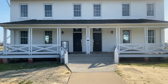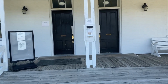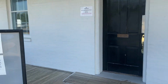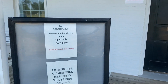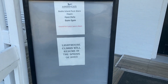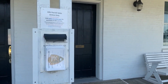So we're gonna walk up here and see what the house has to offer. I think they have a gift shop. Some history here, but again, everything's closed right now. Yeah, I don't know. Maybe they are open. Yeah, so you can see you can do a climb here, but I don't think they open until April. No, I don't think the gift shop here is open until about 9, and we're a little bit early for that, so